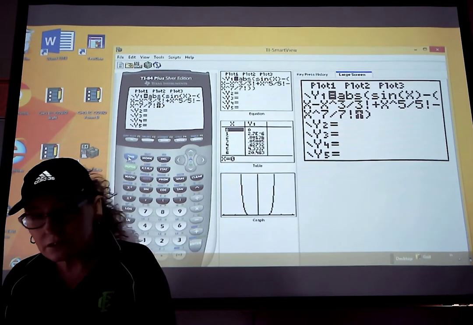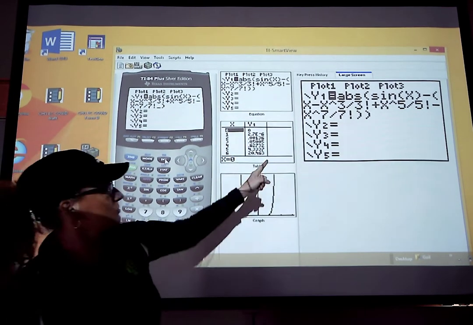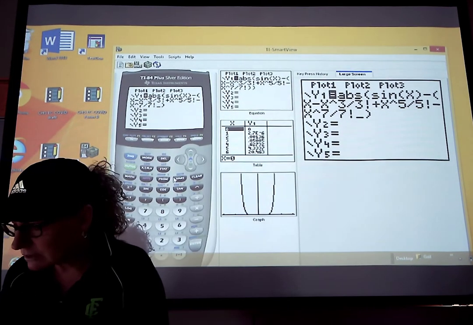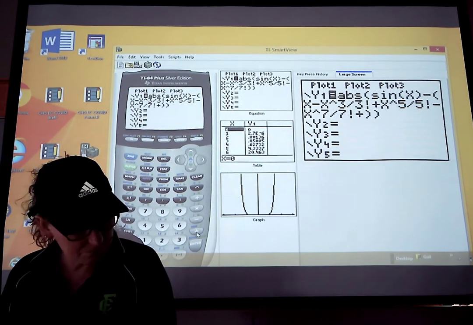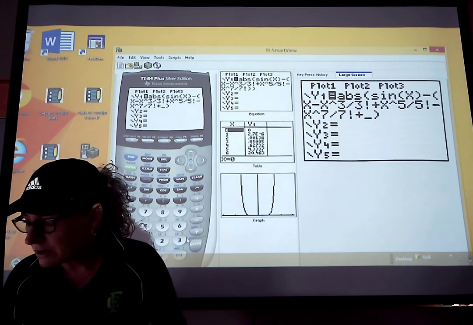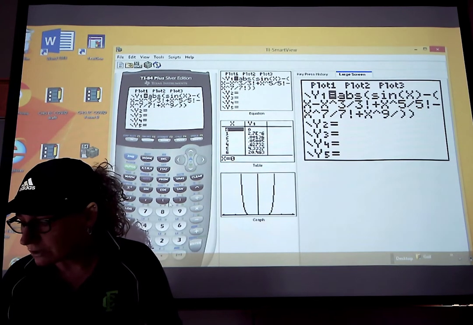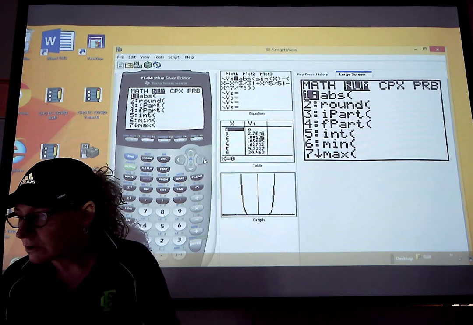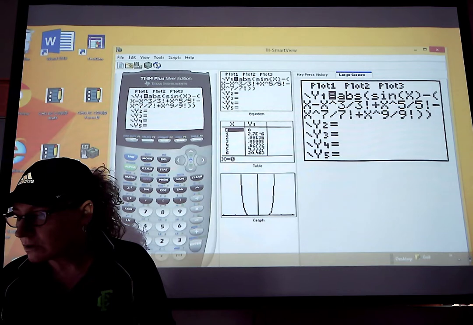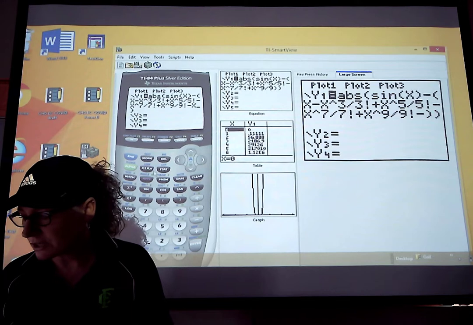So I'm going to go second, insert. Now see how my cursor changed? Now, my next term is going to be positive, so I'm going to put a plus. My next term is going to be x to the 9th over 9 factorial. Let's do one more. X to the 11th